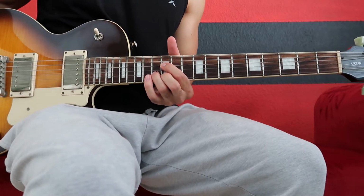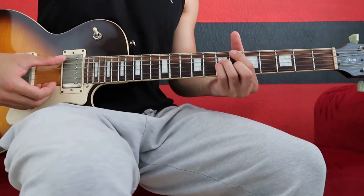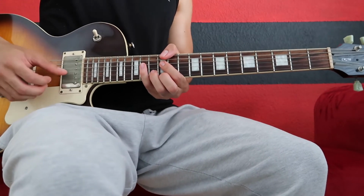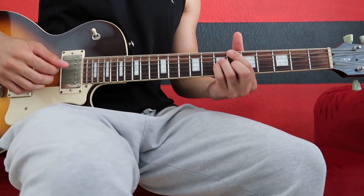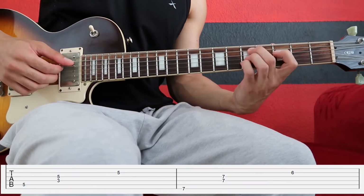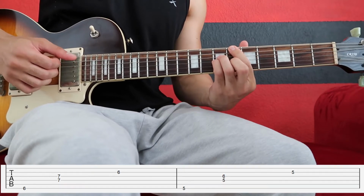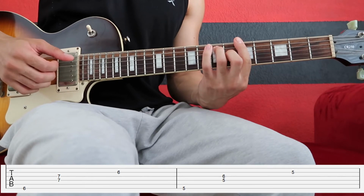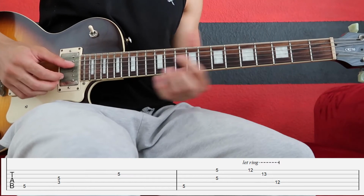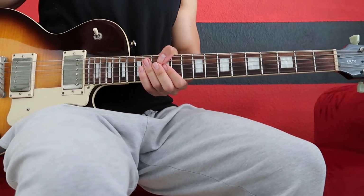That's a nice little flourish, and what you'll notice is we're not plucking the strings downwards like we typically would for a chord, we're plucking them upwards, and really quickly, which creates that cool effect. So once again, the verse, it's going to be